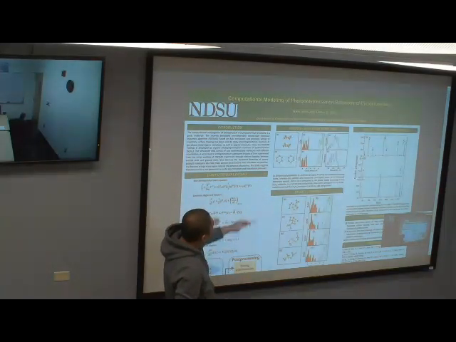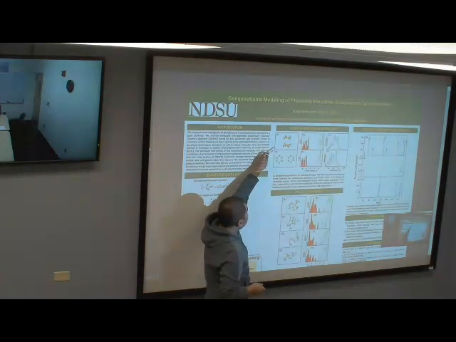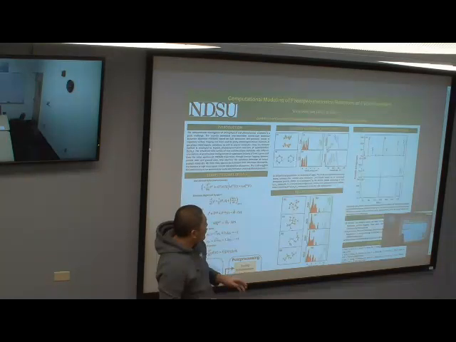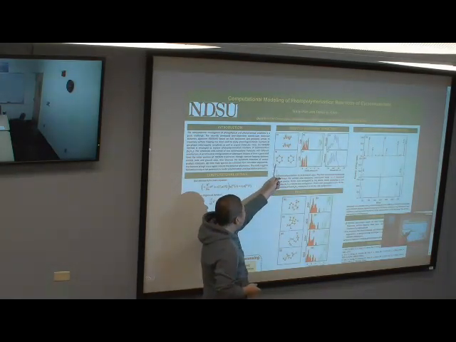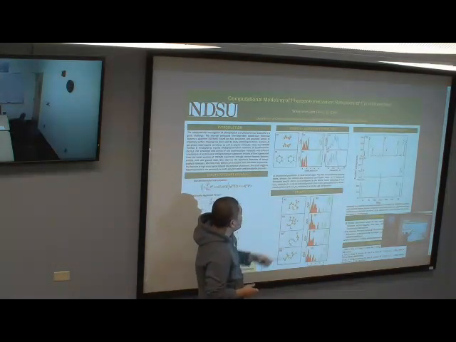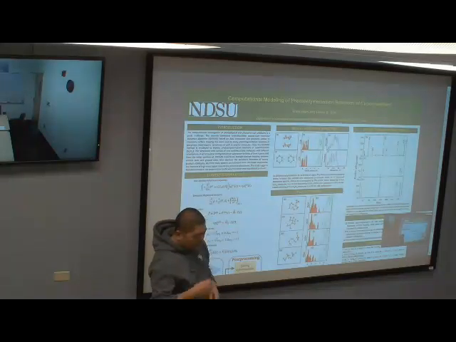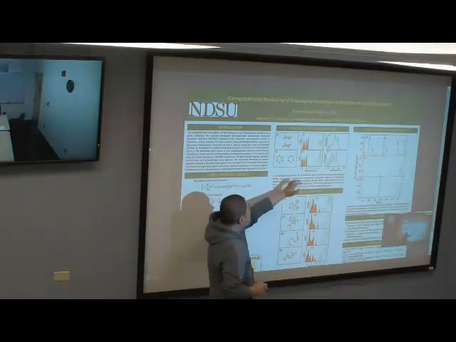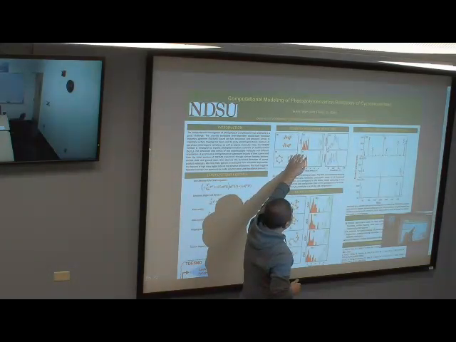We have two models. The first one is two molecules in a face-to-face configuration. The other one is two molecules in a side-by-side configuration. After running geometry optimization, we have these basic electronic structures.